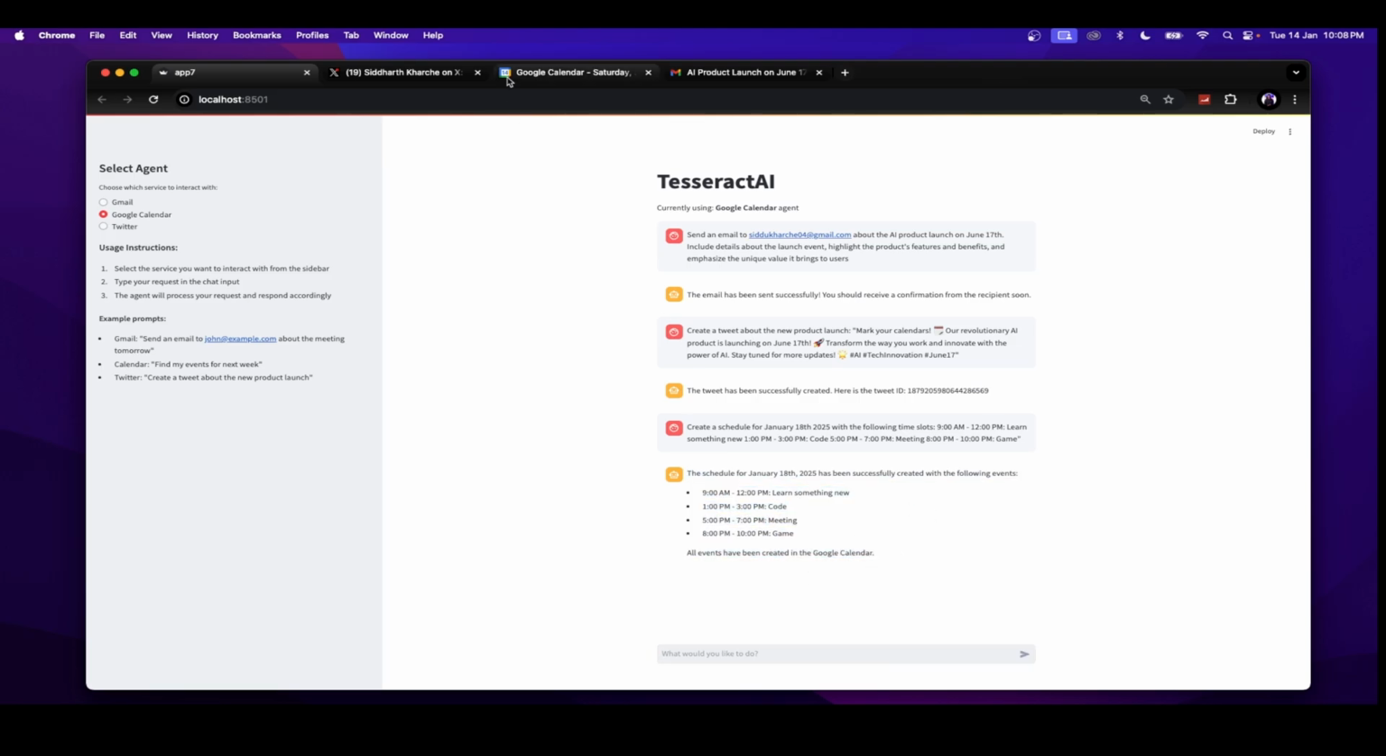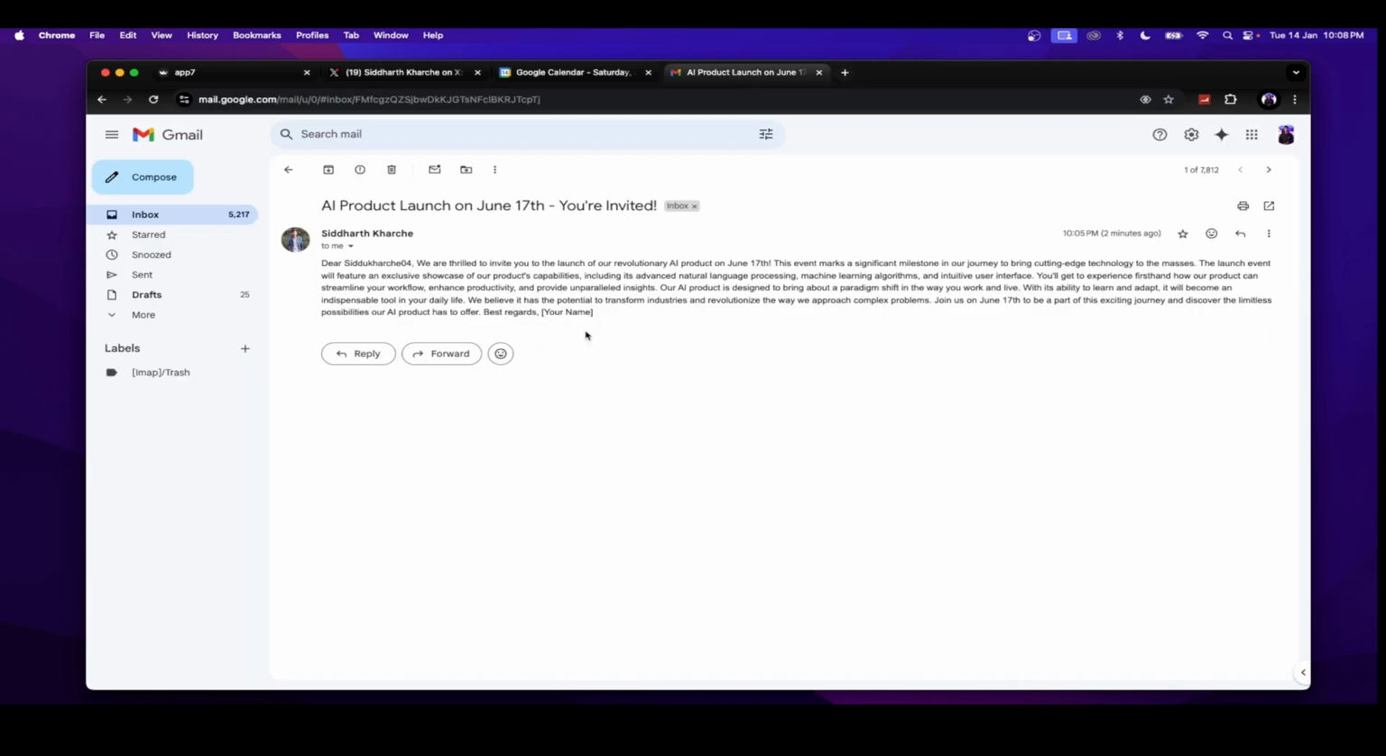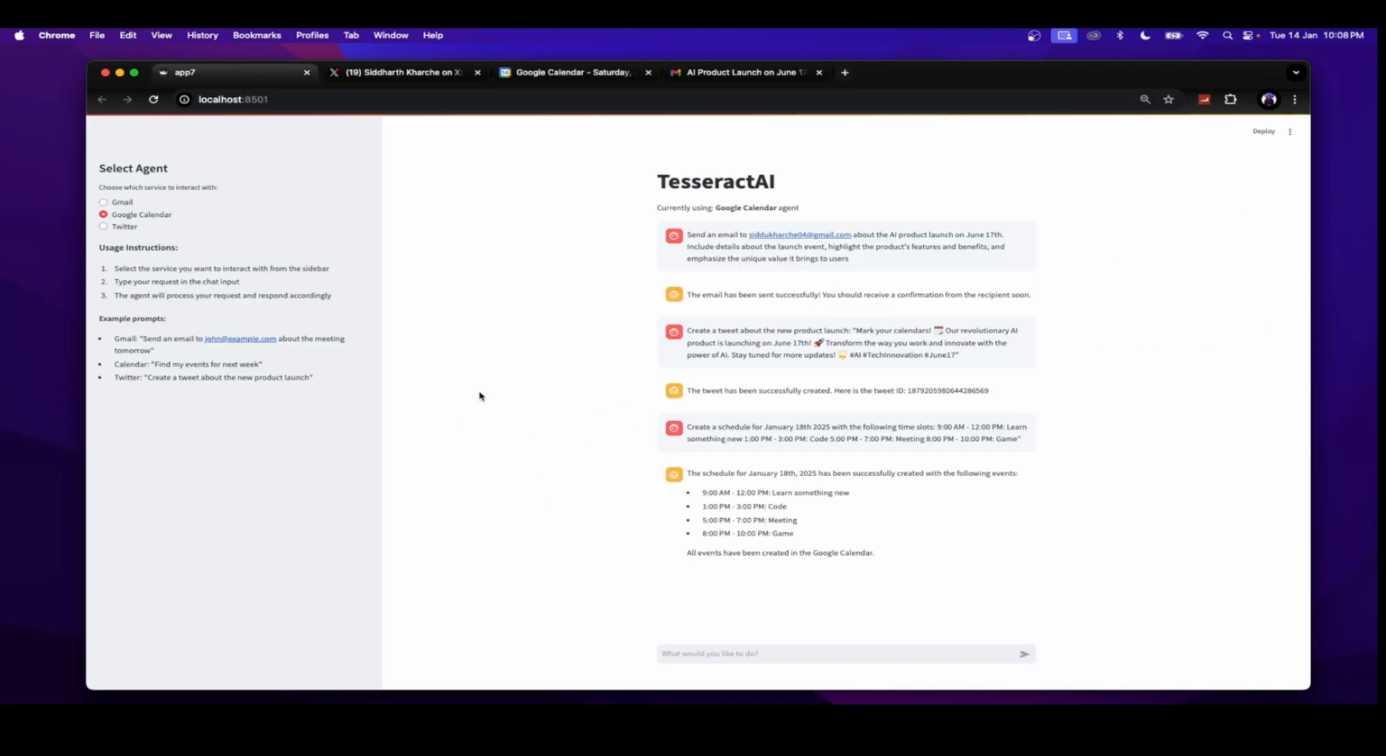So to quickly recap, Tesseract AI can seamlessly manage emails, Twitter updates, and even calendar scheduling through a single interface. With all these agents, you can be sure